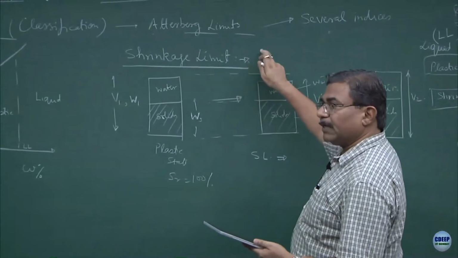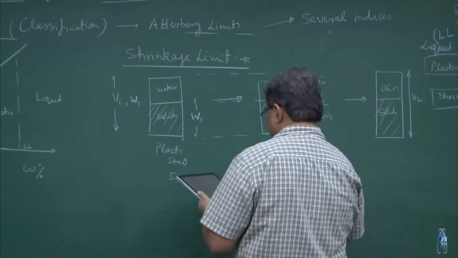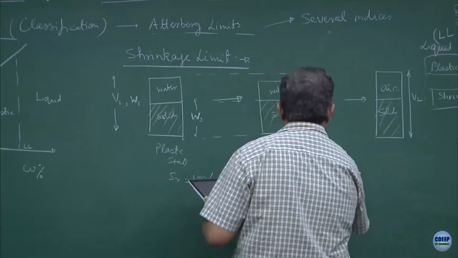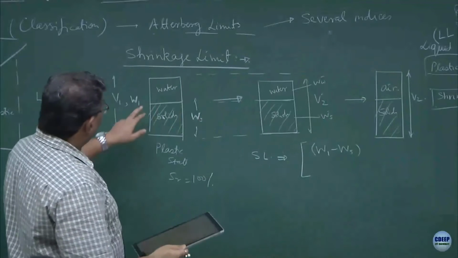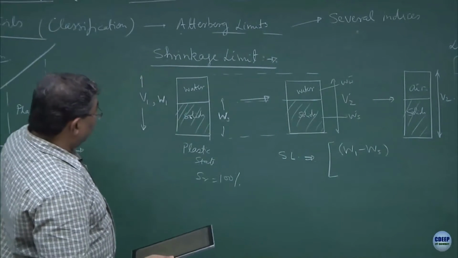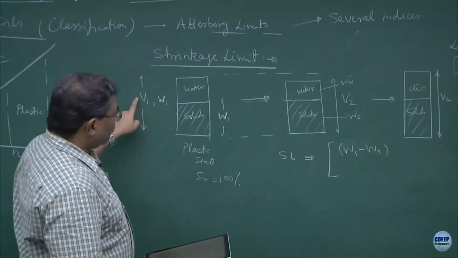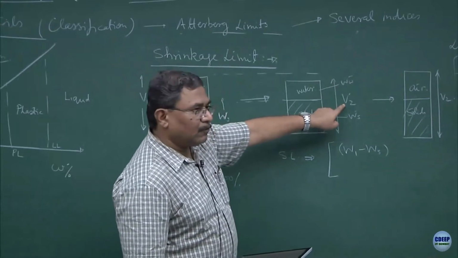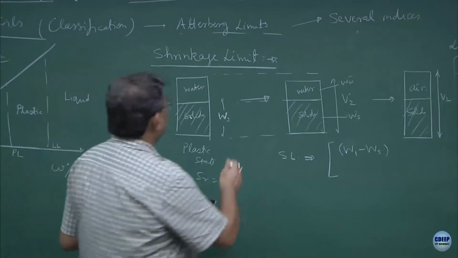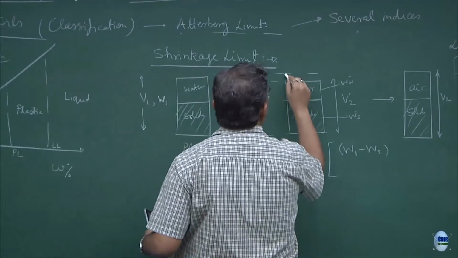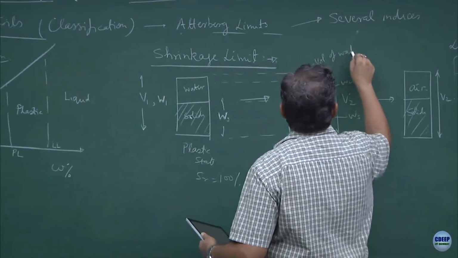As I said, shrinkage limit is a critical parameter, and what normally we do is we define shrinkage limit as W1 minus Ws is the weight loss of water starting from V1 to V2. After this, volume remains constant. So, V1 minus V2 is the total volumetric deformation. The amount of water which gets expelled out is this much. This is the volume of water which has gone out, alright, due to drying.